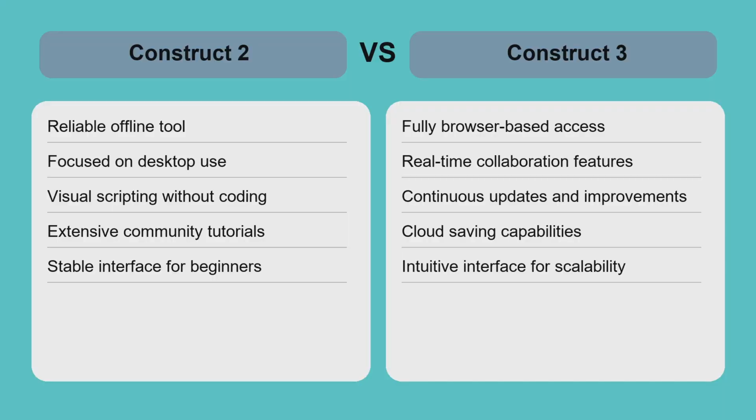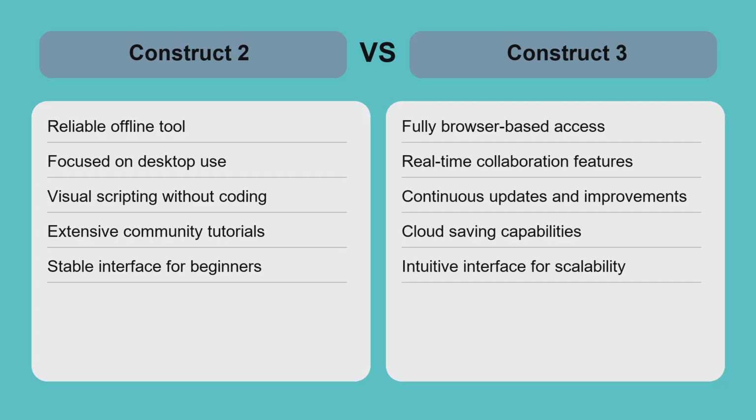Comparing Construct 2 and Construct 3 highlights key trade-offs. Construct 2 offers a stable offline environment perfect for users with limited or unreliable internet, focusing on desktop usage with manual updates. Construct 3 shines with browser-based convenience, enabling development across devices and seamless collaboration, ideal for teams and professionals. Construct 2's limitation lies in fewer updates and older technology, while Construct 3 depends on internet access but provides cutting-edge